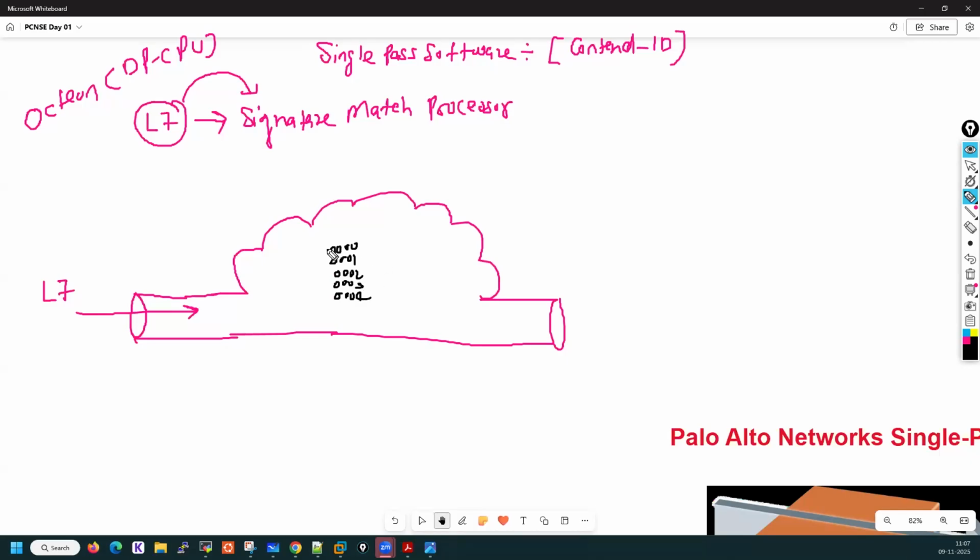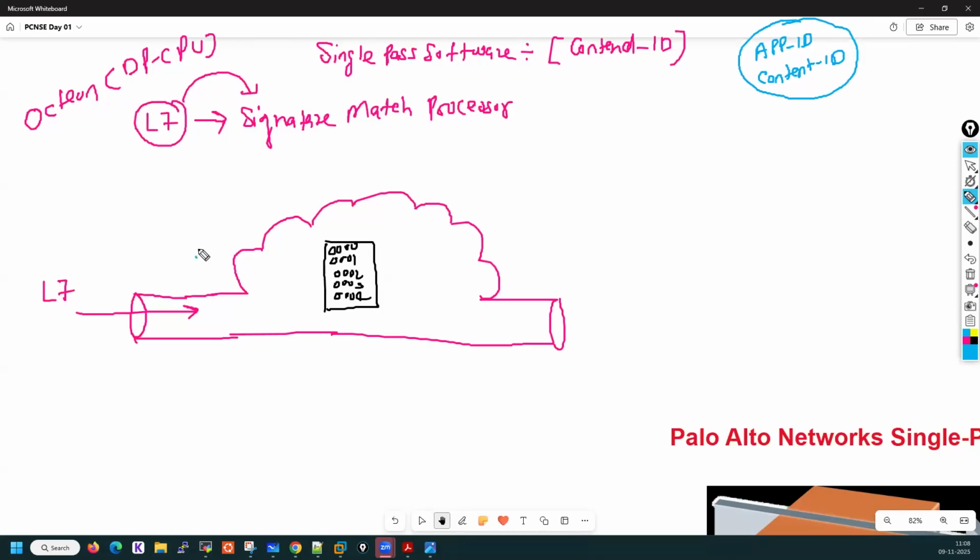Those are the memory locations where it has stored, let's suppose, this layer 7 information. And you know, in the signature match processor, if you remember, that processor is responsible for two tasks: app ID and content ID, yes or no? Right? So guys, what happens in this particular content engine,